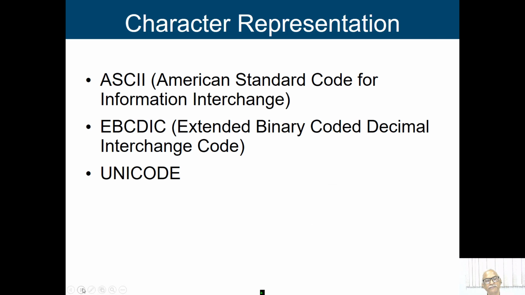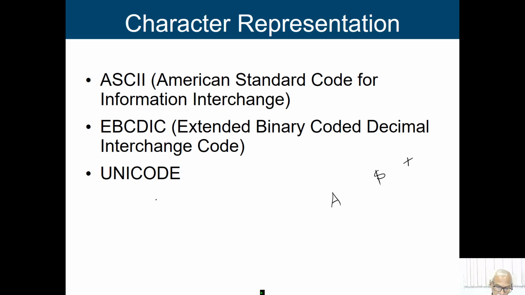Already I have mentioned that we have to represent characters also. So, we are giving a unique code to each and every character to represent it. So, we are having one code called ASCII, American Standard Code for Information Interchange. For all symbols, say if it is A or whether it is dollar or whether it is plus, we assign a binary code, because it will be represented with the help of this binary code. Another one we are having is EBCDIC, Extended Binary Coded Decimal Interchange Code. Okay, this is another one.